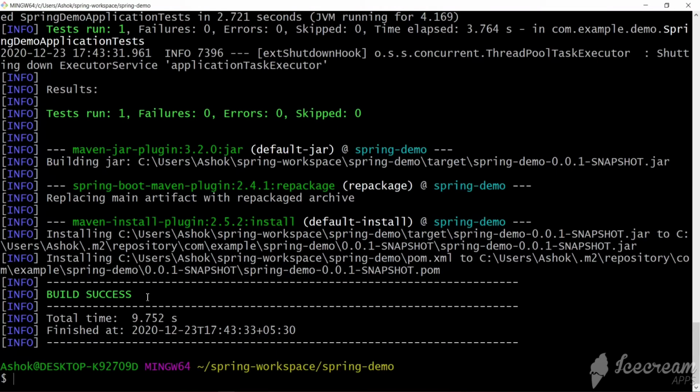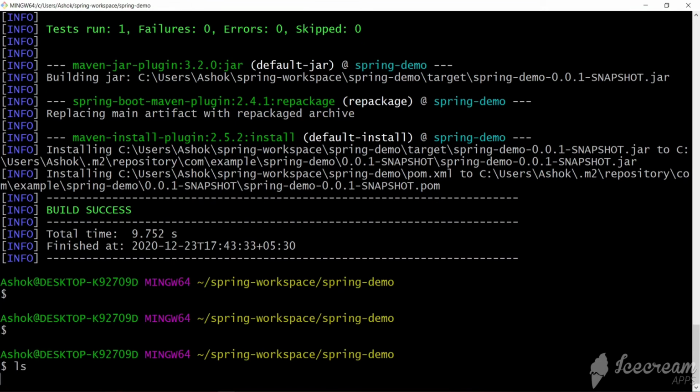If you want to know more about Maven projects, you can go to the link given in the description, the Maven tutorial. Here the jar file will get created using Maven and it will be kept in the target folder. Here you can see it installing this target spring demo snapshot jar. So this is a jar file.